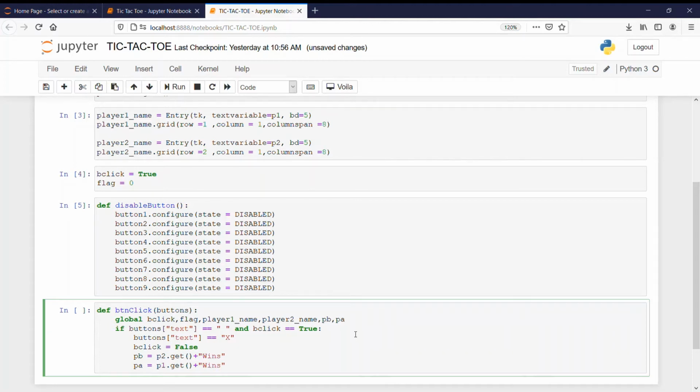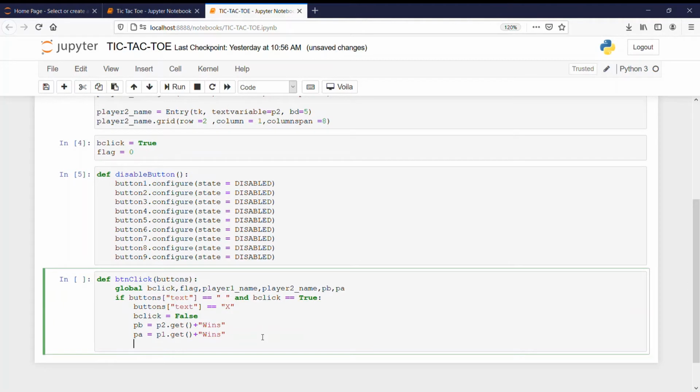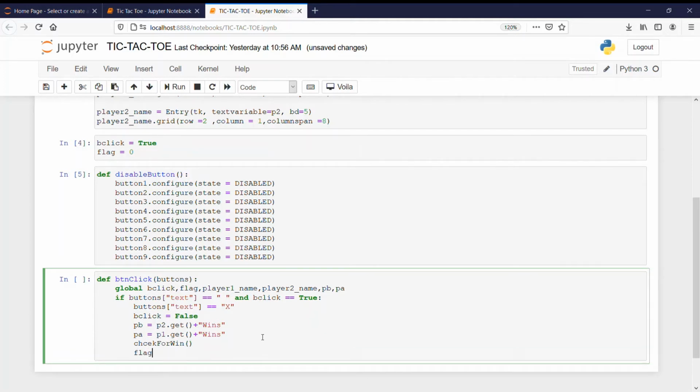We will not add anything else, and after this we will call our function check for win, and the flag variable will be increased by 1.